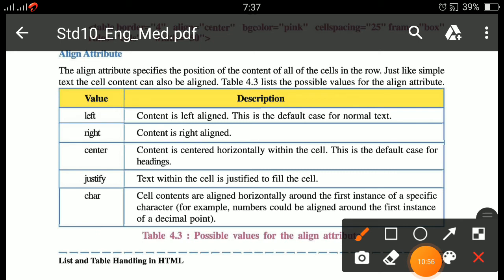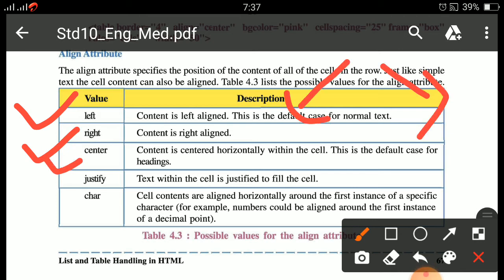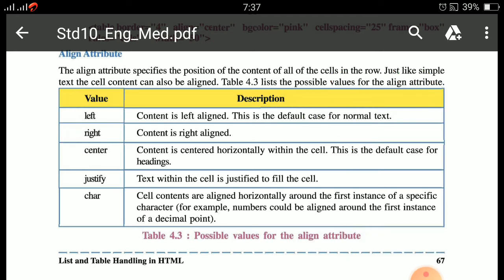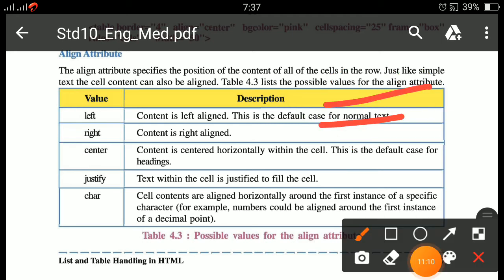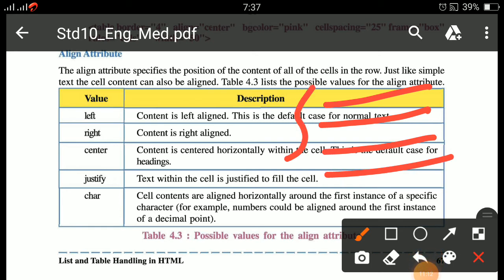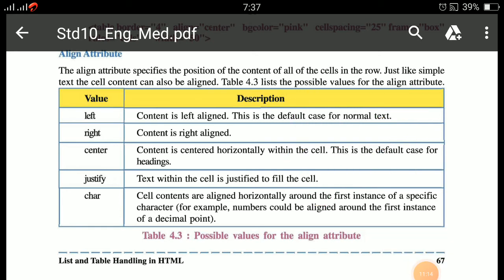Now align attribute. So basically this kind of align attribute. Left, for left alignment. Right, for right alignment. Center, for center alignment. Justify, suppose if we want this kind of alignment in the same manner, at that time which attribute is used? Justify attribute.